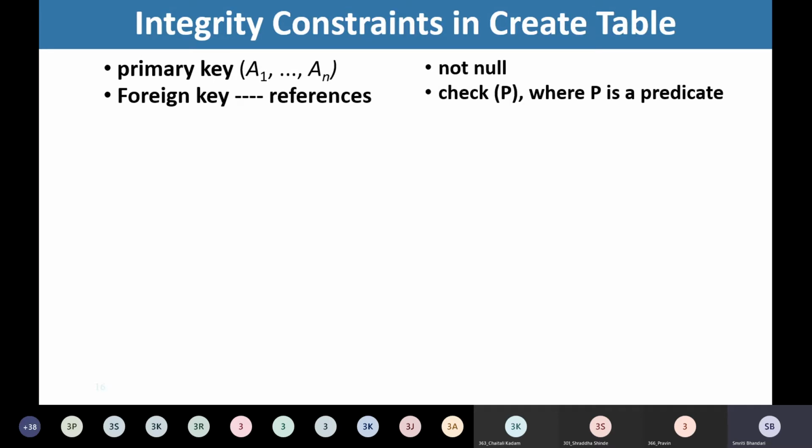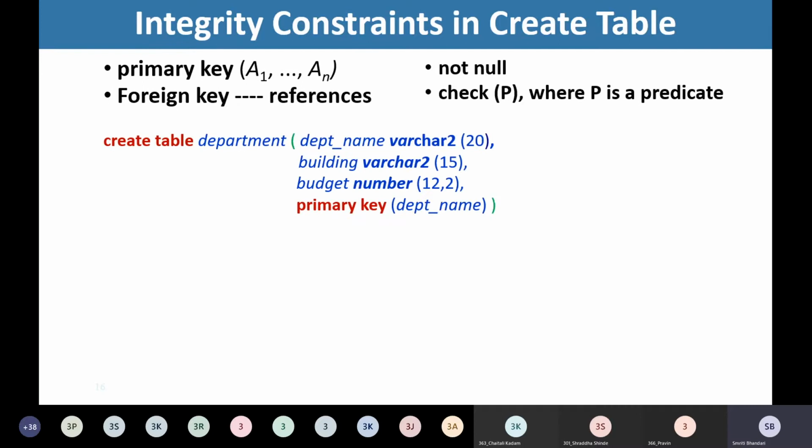So let us see the example, wherein in addition to the definitions for the attributes in the department table, we are providing the integrity constraint primary key in parenthesis department name. So this indicates that for this table, department name is our primary key.